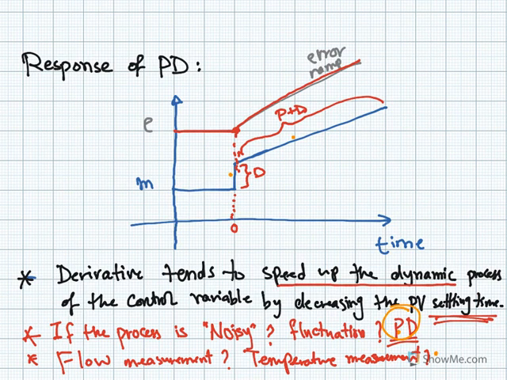The output of the controller will change, so you might get an unstable system. Such as the flow measurement, where the change is normally so fast, and we normally have to avoid using the derivative mode. While in the temperature measurement, the process variable changes very slowly,